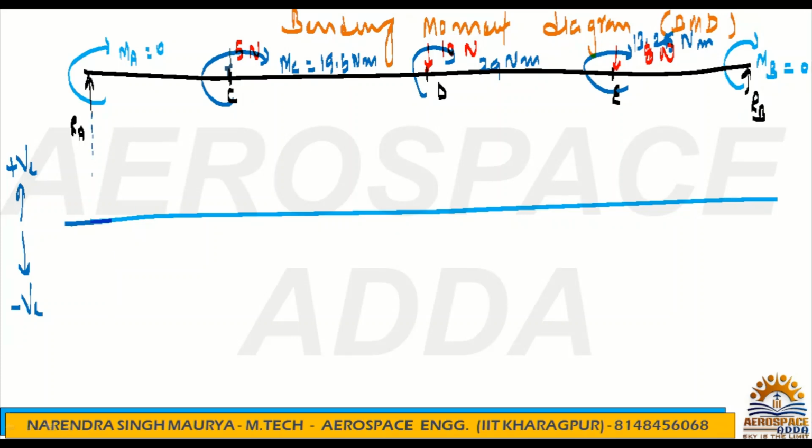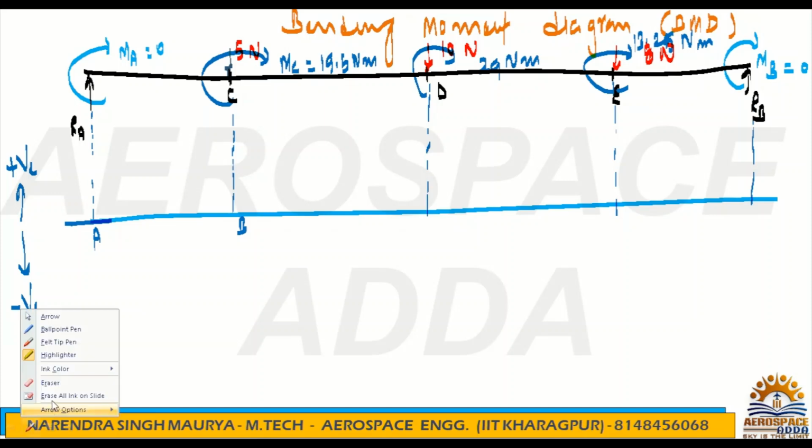You just stretch down these points, so it will be easy for you to show all the moments. Once you stretch down like this, now you make the points A, B, sorry, A, this is C, this is C, D, E, and B. Now you have to check the magnitude of the moments, and based on this we should also be aware of the